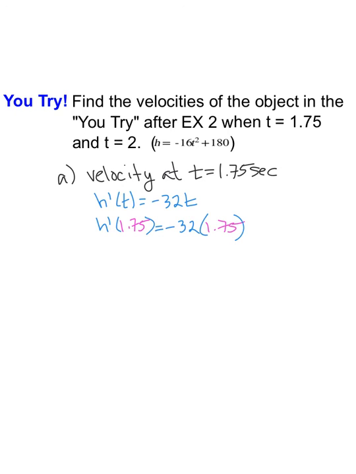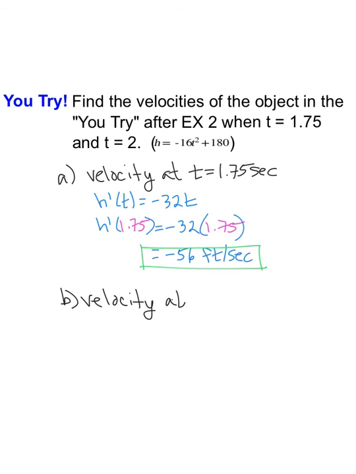Okay, and so using our handy dandy calculator, we get negative 56 feet per second, which is different than an average over a time interval. This is exactly when we click the stopwatch at 1.75 seconds, this is going to be the exact value at that point in time. So then part B is your velocity